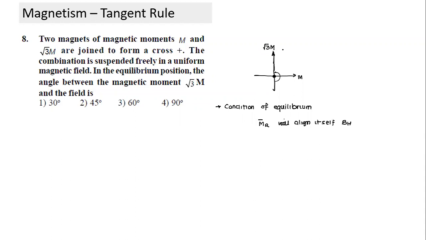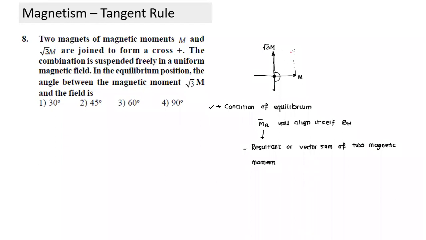What is the direction of the resultant M? Can we mark the resultant here? It is based on the condition of equilibrium. Since there are two dipoles, what is MR equal to? MR is the resultant, or vector sum, of the two magnetic moments. It's a vector quantity. Let's draw the vector sum here. How would the vector sum look?